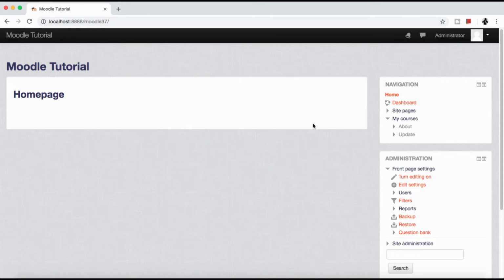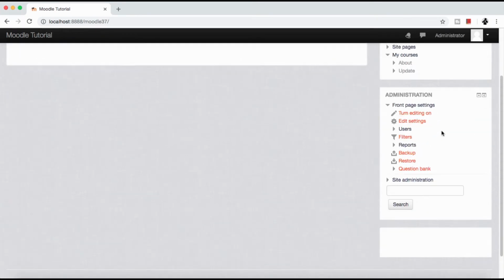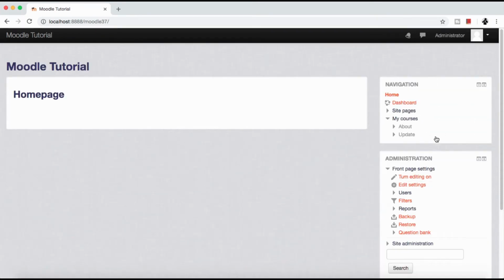So from here you can see, first our navigation was on the left hand side, now it is on the right hand side. So the theme has been changed, the fonts have been changed, the design, the look and feel has been changed. So now again we will change the theme back to the boost theme by default. So click on site administration,